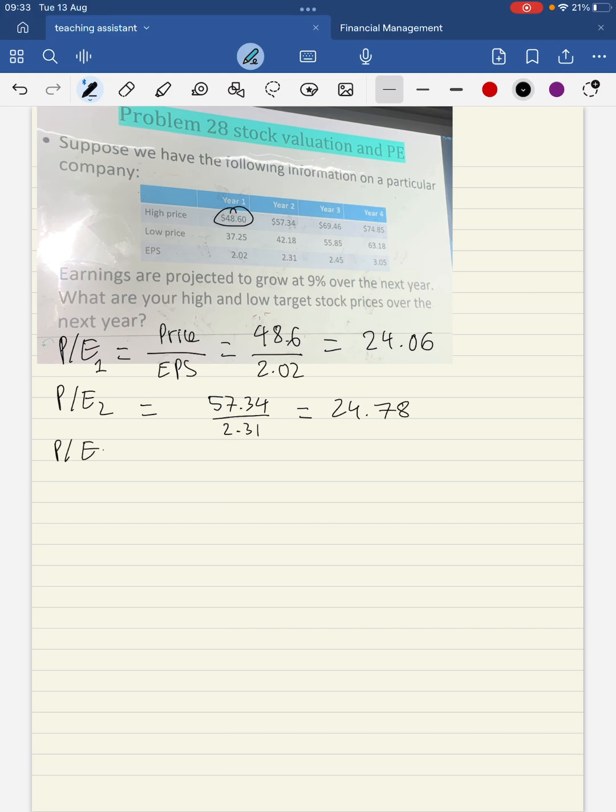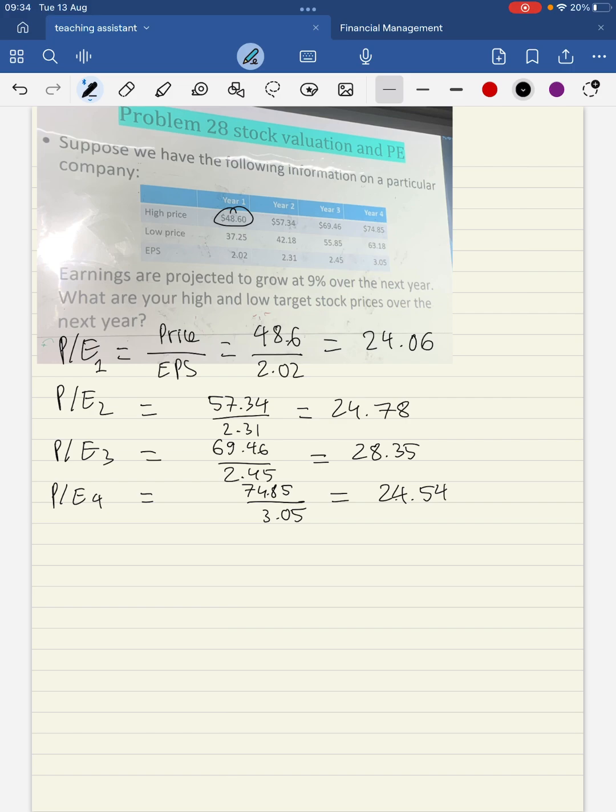Price to earning ratio of year number 3, 69.46 divided by 2.45, which is equal to 28.35. And price to earning of year number 4 is equal to 74.85 divided by 3.05, which gives us the answer of